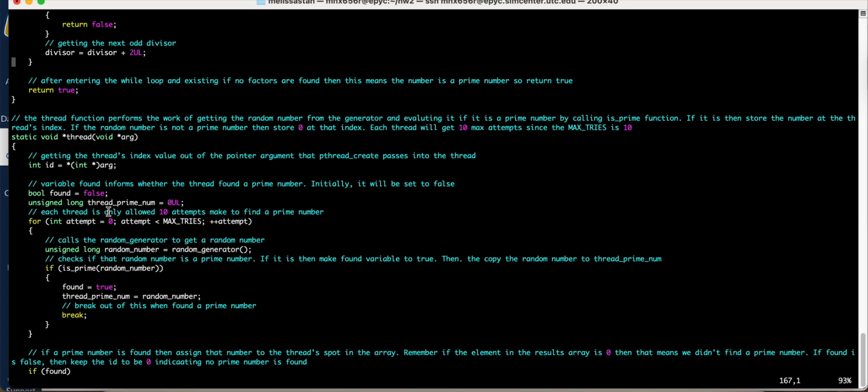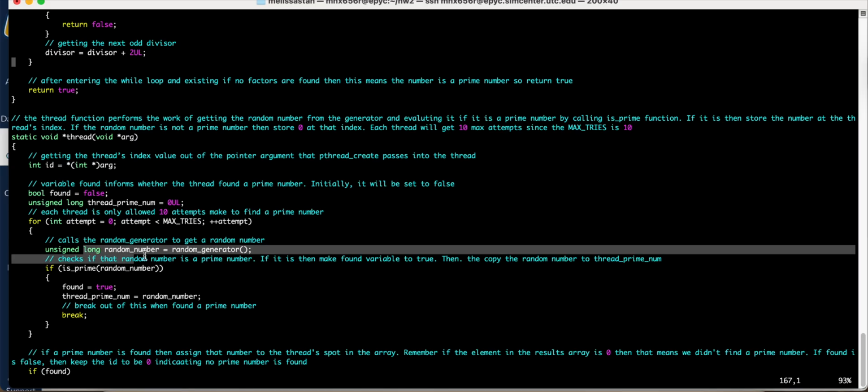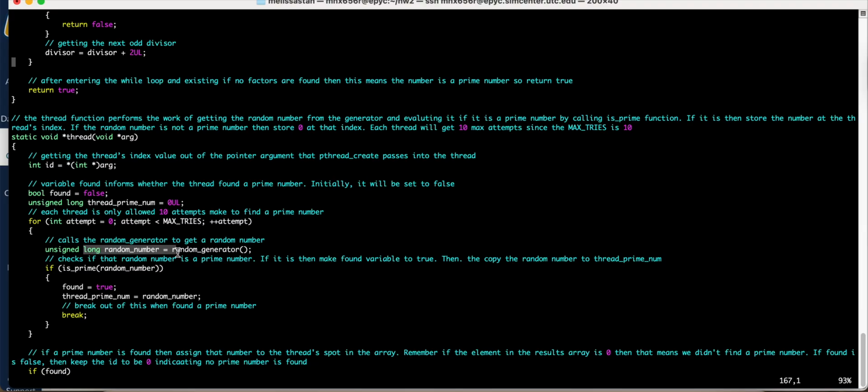Then we're going to get a thread_prime_num, and for each thread, this is where we're only going to allow it to do 10 times to check if it's a prime number. And so when we enter this for loop, for each thread, it's going to generate a random number by calling the random generator,